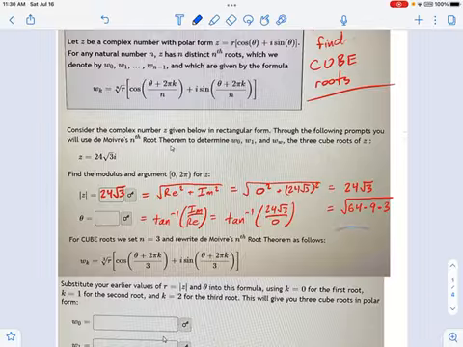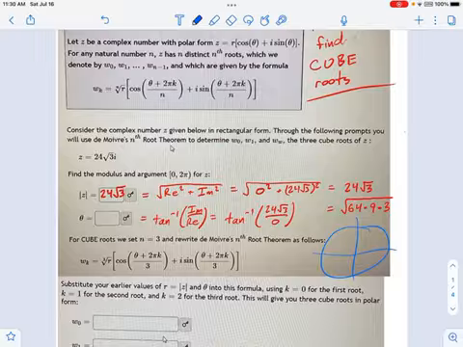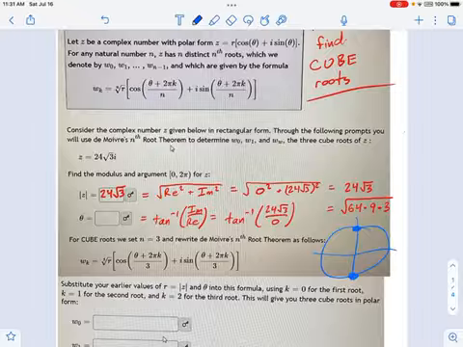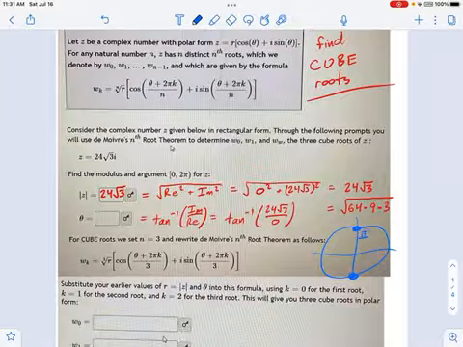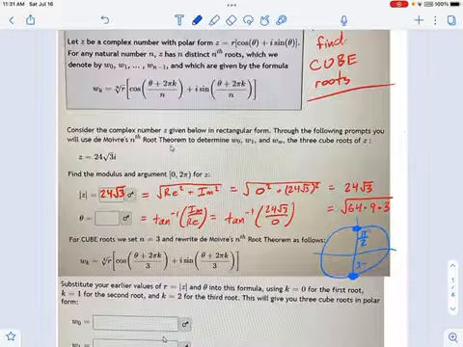If you're doing this in your calculator, of course, your calculator is going to barf, but you need to be smarter than a calculator and remember that a tangent function on the unit circle has places where it is undefined. Remember these vertical spots at pi over 2? There's an undefined spot there and another one at 3 pi over 2. So the question is, which one of those do we have?